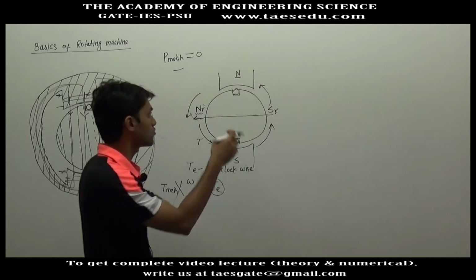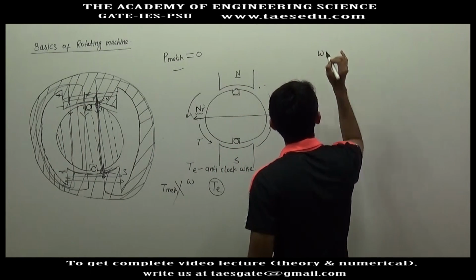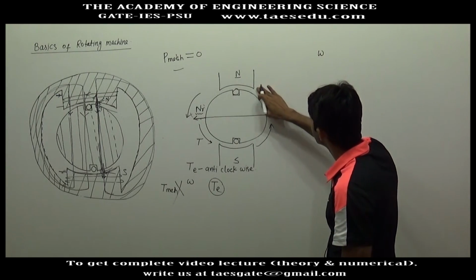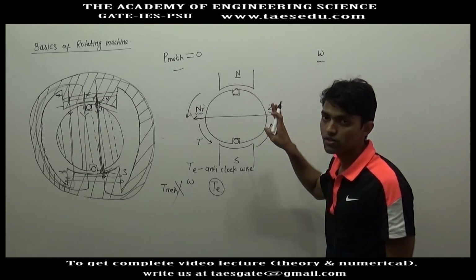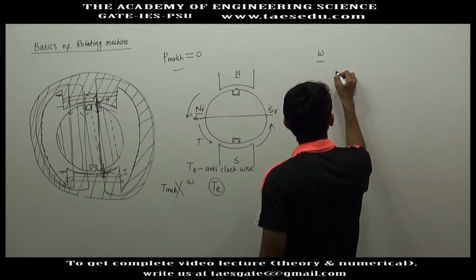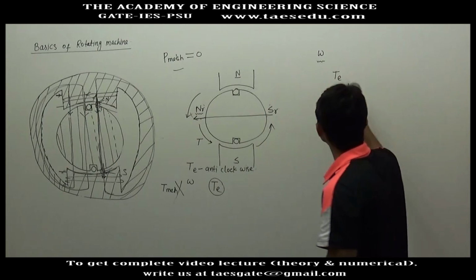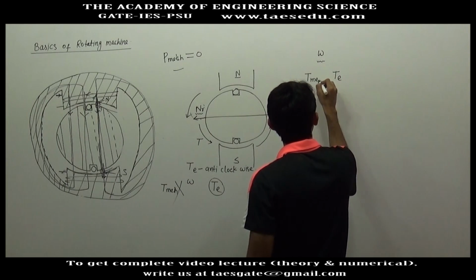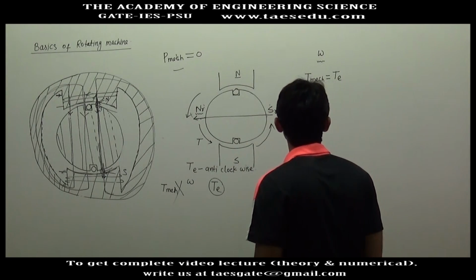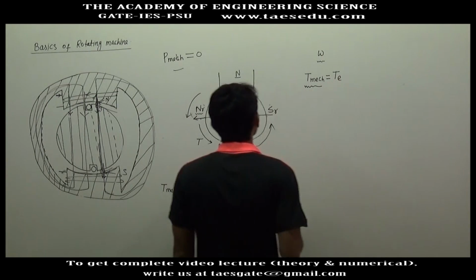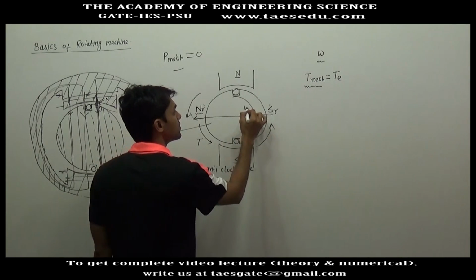Suppose you want this rotor to rotate at constant speed. Suppose you have given an initial speed of omega and you want this rotor to rotate with a constant speed of omega. If the speed is constant, the net torque on the rotor should be 0. But you have an opposing electrical torque, so you have to make the net torque 0. So you will have to apply a mechanical torque that must be equal to the opposing electrical torque. So you are applying a mechanical torque from the mechanical input and it is rotating with a speed of omega.